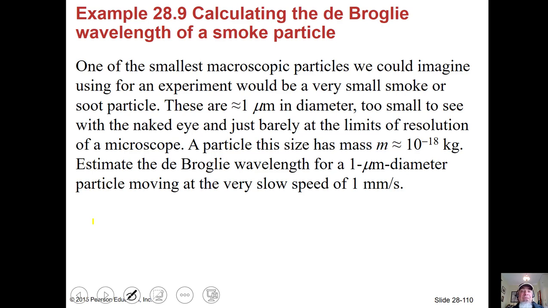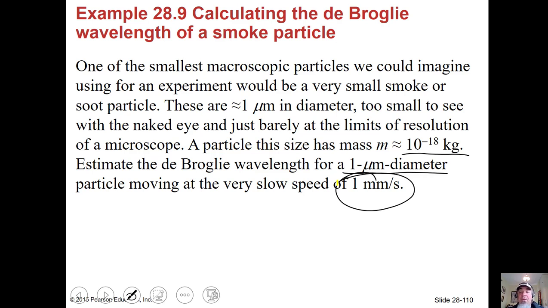Okay. Here's an example. Calculating the de Broglie wavelength of a smoke particle. One of the smallest macroscopic particles we could imagine using for an experiment would be a very small smoke or soot particle. They're about 1 micrometer, so 10 to the minus 6th meters in diameter. Too small to see with the naked eye and just barely at the limits of a microscope. The mass of this particle is really small, also 10 to the minus 18th kilograms. And we could estimate the de Broglie wavelength for this 1 micrometer diameter particle moving at a speed of 1